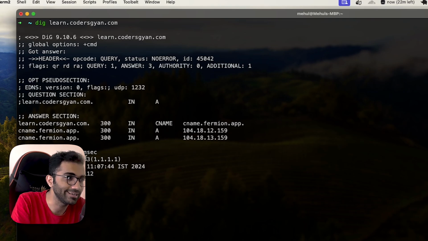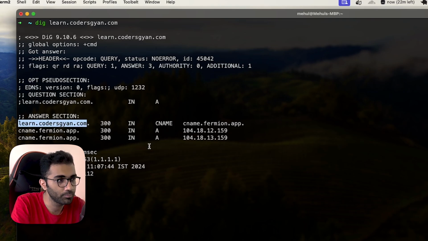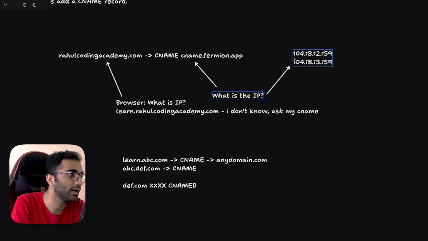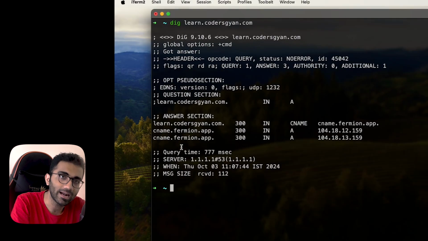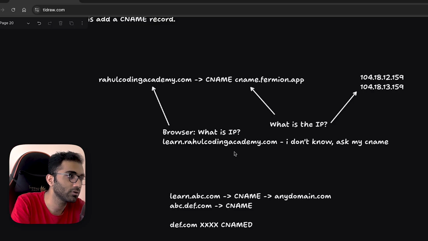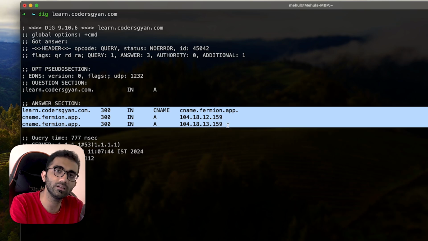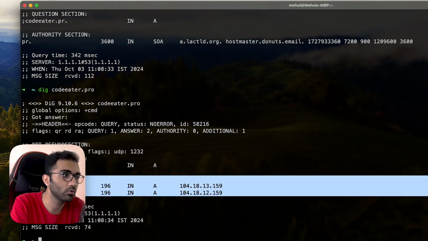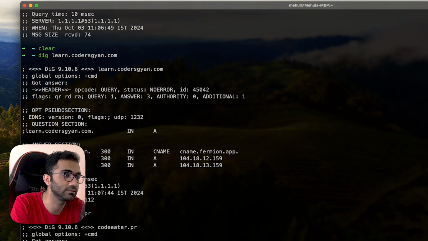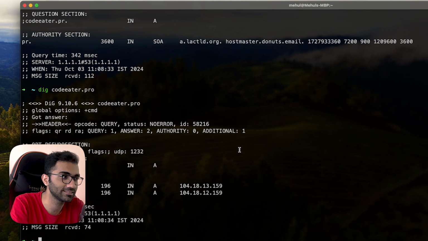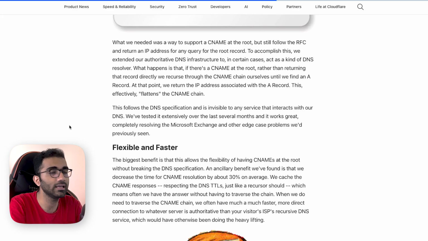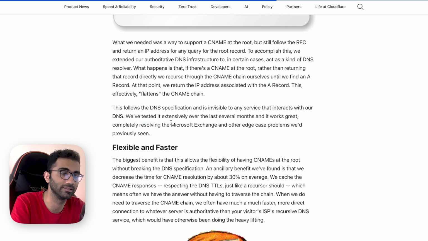So how the DNS resolution technically works is that if you have a CNAME, your computer will get that CNAME record back, like I said over here, and then your computer will ask the CNAME what the IP address is, and this CNAME would return those 2 things. CNAME flattening does nothing except that this thing is internally done by the DNS provider itself. In this case, if it is Cloudflare, if I do it with codeater.pro, you see that I don't get a CNAME entry like I got over here. Even though the CNAME record exists, I'm telling you this exists because we set up this domain, this CNAME record exists, but this is not visible to the client. So the recursive DNS resolution is performed by the DNS holder itself, in this case Cloudflare.